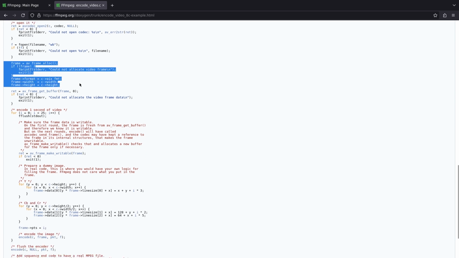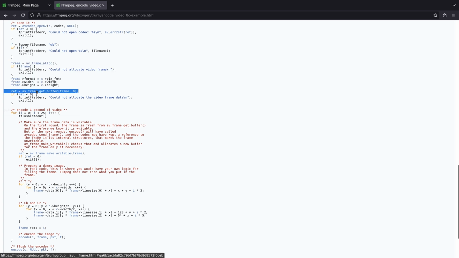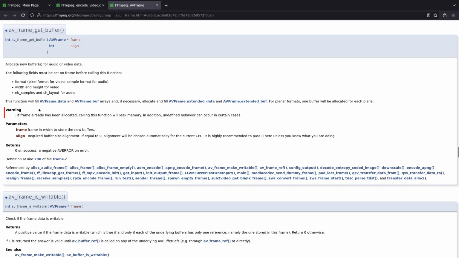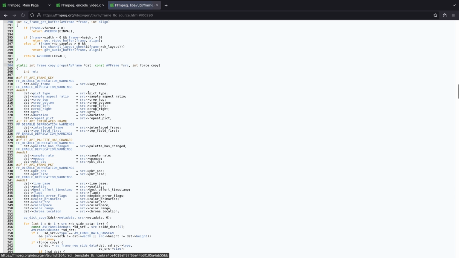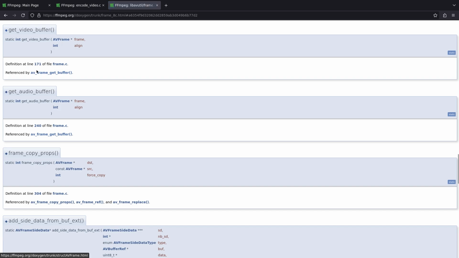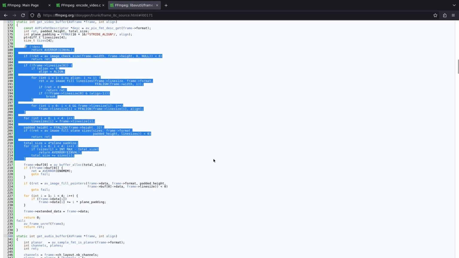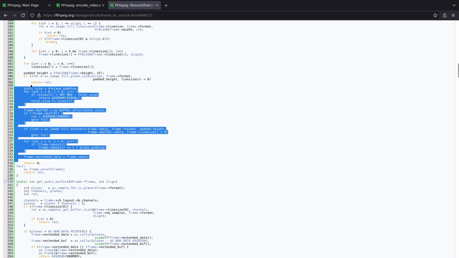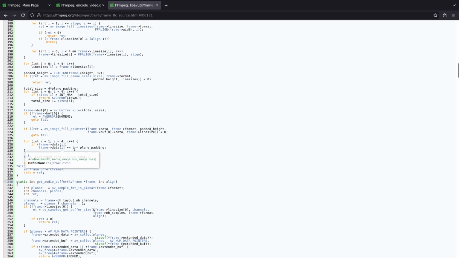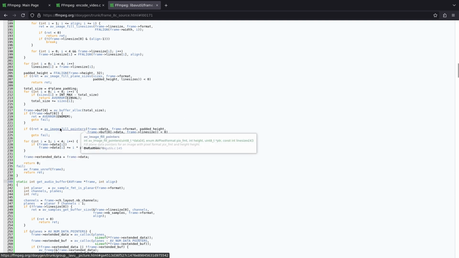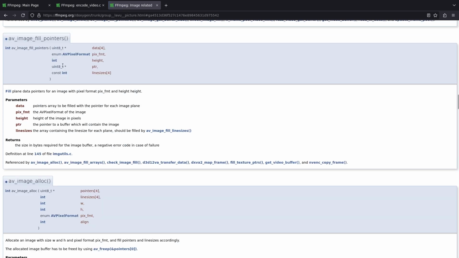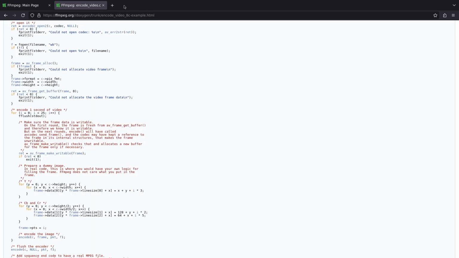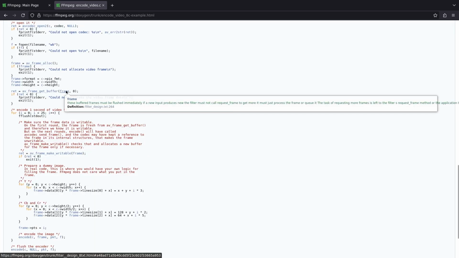Yeah, and then alloc a frame, get frame buffer, a magic function which doesn't tell you anywhere you might need, which calls this function, which fills in a bunch of stuff. It doesn't look like it does that much, but it does fill out a bunch of fields in the frame.